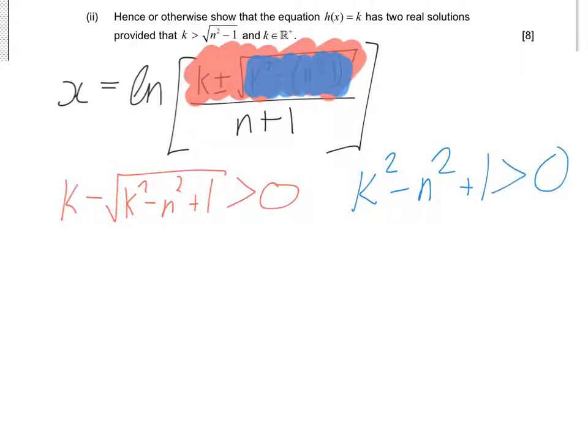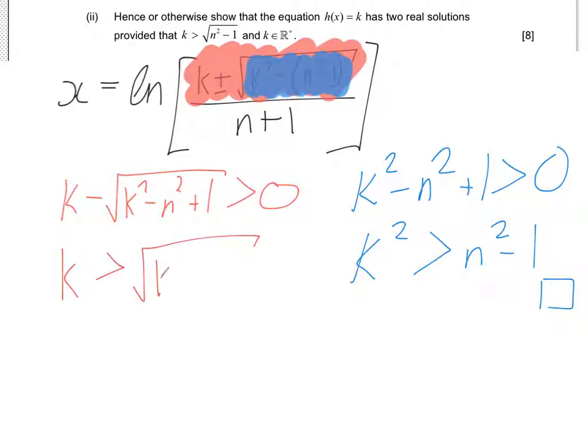So let's look at the blue one first. We have k squared has to be greater than n squared minus 1. Oh, that's what we were asked to show. What about this bit? This gives us k has to be bigger than the square root of k squared minus n squared plus 1,